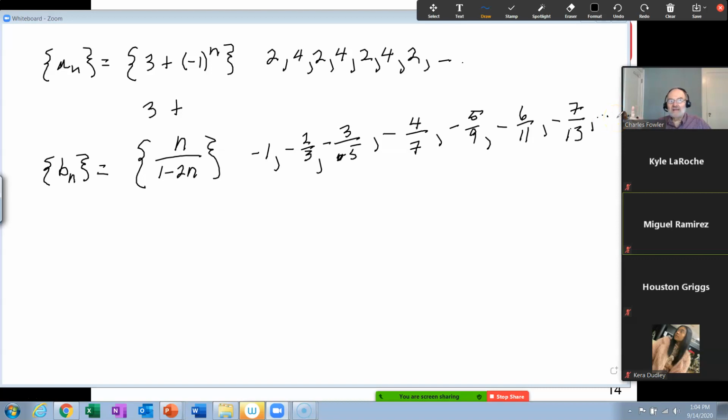Okay? Now, does that have a limit? Well, certainly the numbers are getting larger in a negative sense. You know, negative 1 is less than negative 2/3, is less than negative 3/5, is less than negative 4/7, is less than this. So they do seem to be increasing, but they're increasing by smaller amounts every time. So does that mean it has a limit?